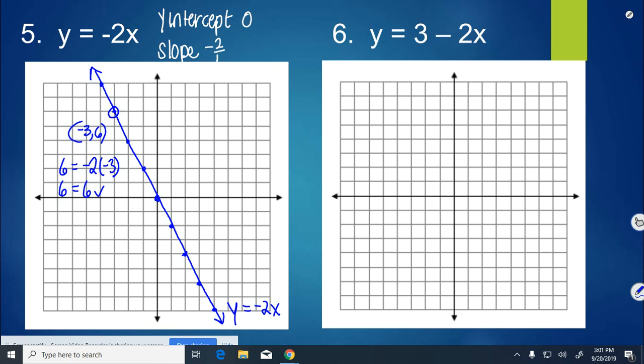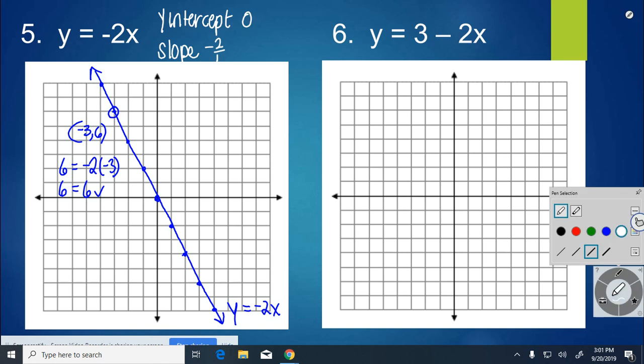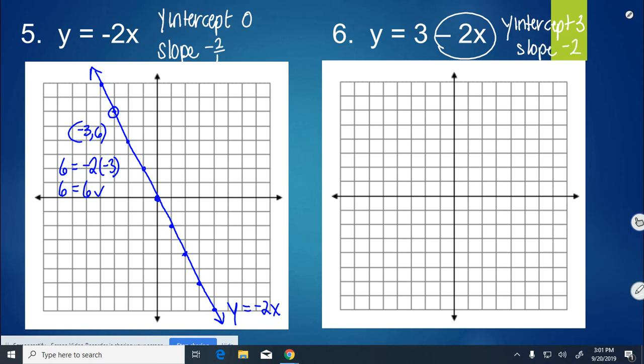All right, next one. Again, we have a slope of negative 2 because of this minus sign in front of the 2x. So our y-intercept now is 3. Our slope is still negative 2. So we are going to start the line at 3, then go down 2, right 1, down 2, right 1, down 2, right 1, or up 2, left 1 to follow the pattern. Draw your line nice and straight, arrows on both ends, and label it with the function rule,